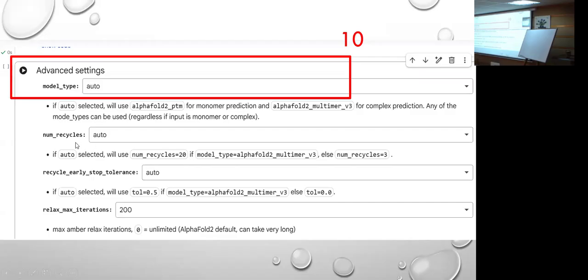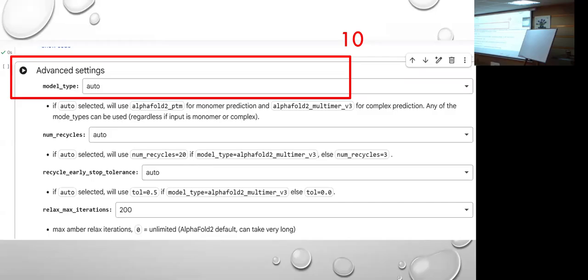Then in the num recycles, I would like to tell you one more thing. You do not have to run this cell right after you click one thing. This whole cell is one. You have to first select all the options you desire, and then press the play button. I'm just trying to break down all of the information present in the cell for you, so that next time when you do your own independent work, you will know what is what.